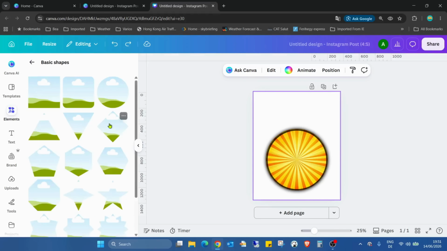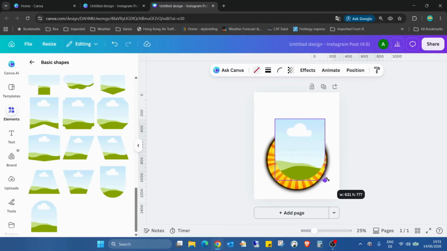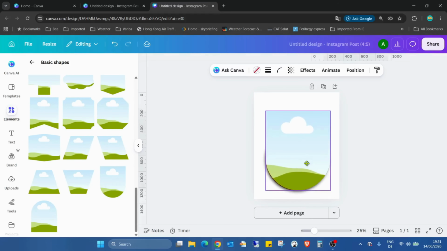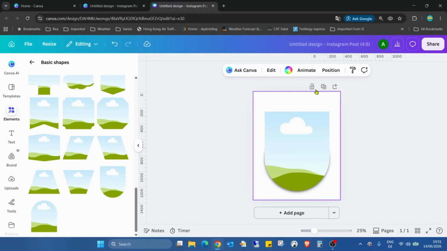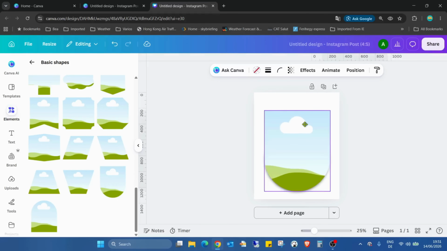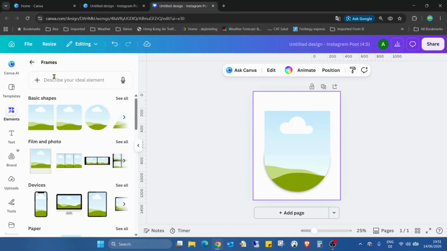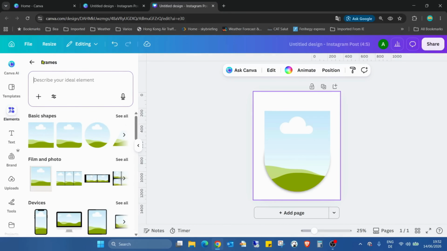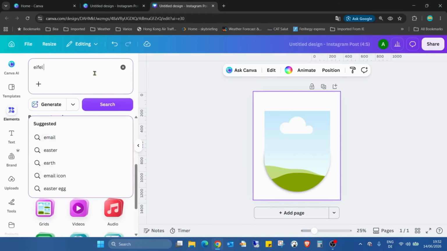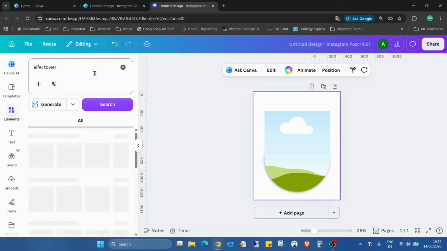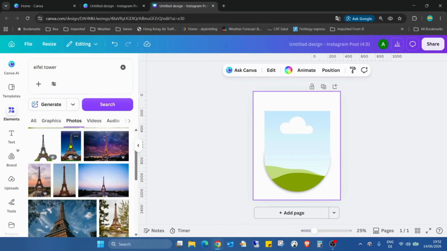basic shapes, see all, scrolling down to get this one and increasing the size to fit also, maybe a bit more like this. Going back also to the elements and searching for the element for what we would like to use. Like I use the Eiffel Tower, going to the photos and using like this,